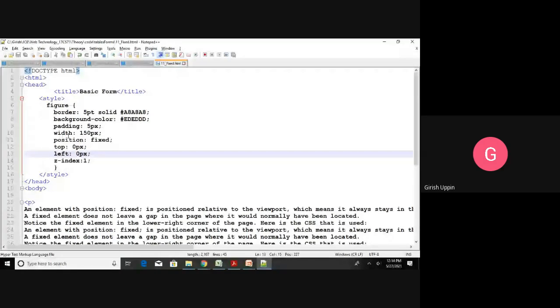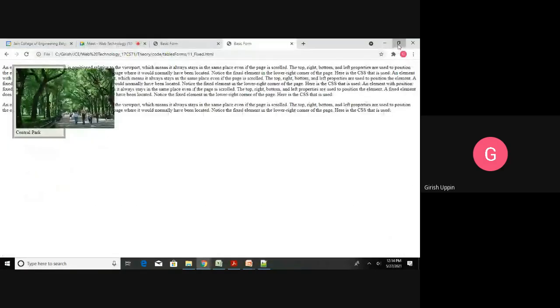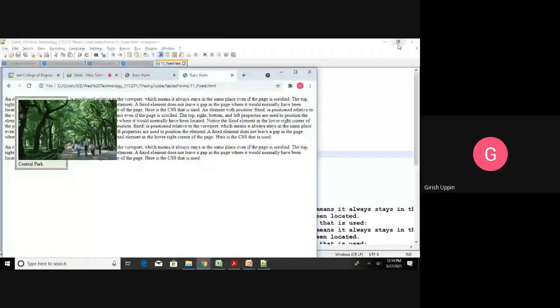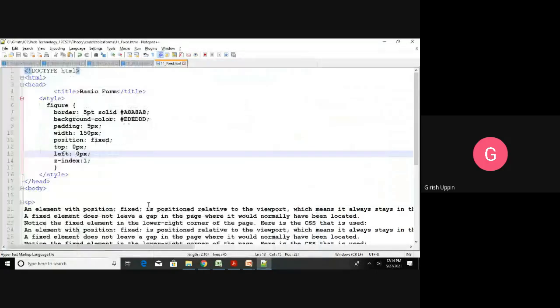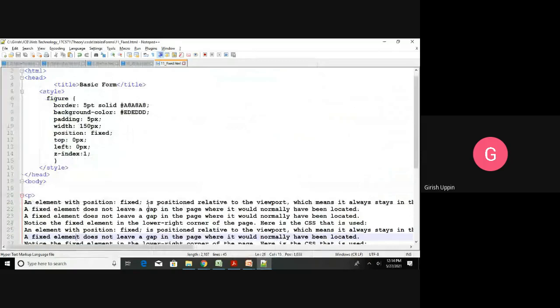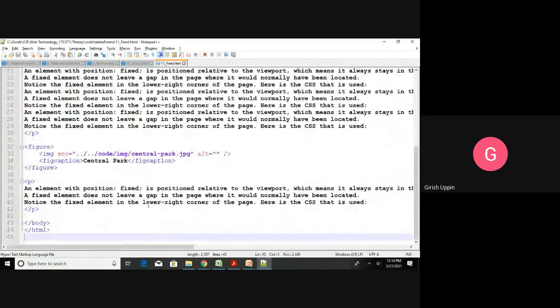Now if I resize, okay, there is some issue with resizing my window. Okay, instead what I will do is I will include more content.